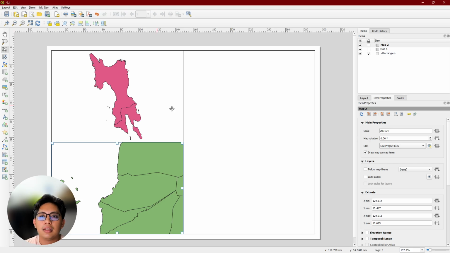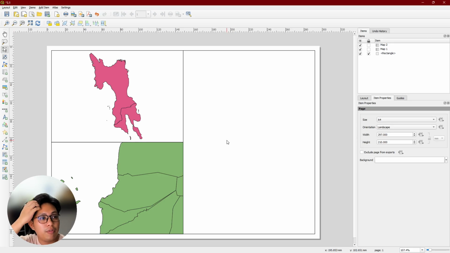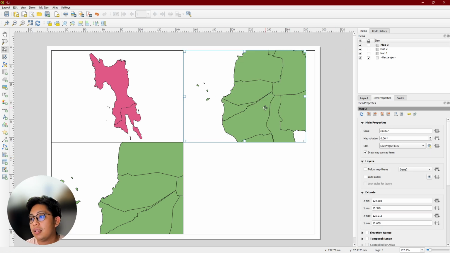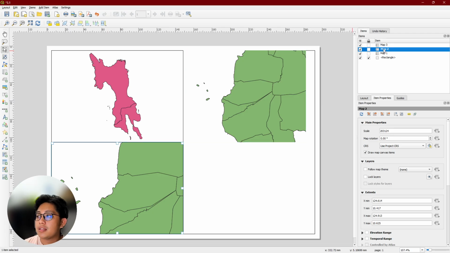And I'm gonna finish it off with another level. This is level 4. So that I won't repeat my progress, I select map 2 and then lock my layer, disable drawing map canvas items.